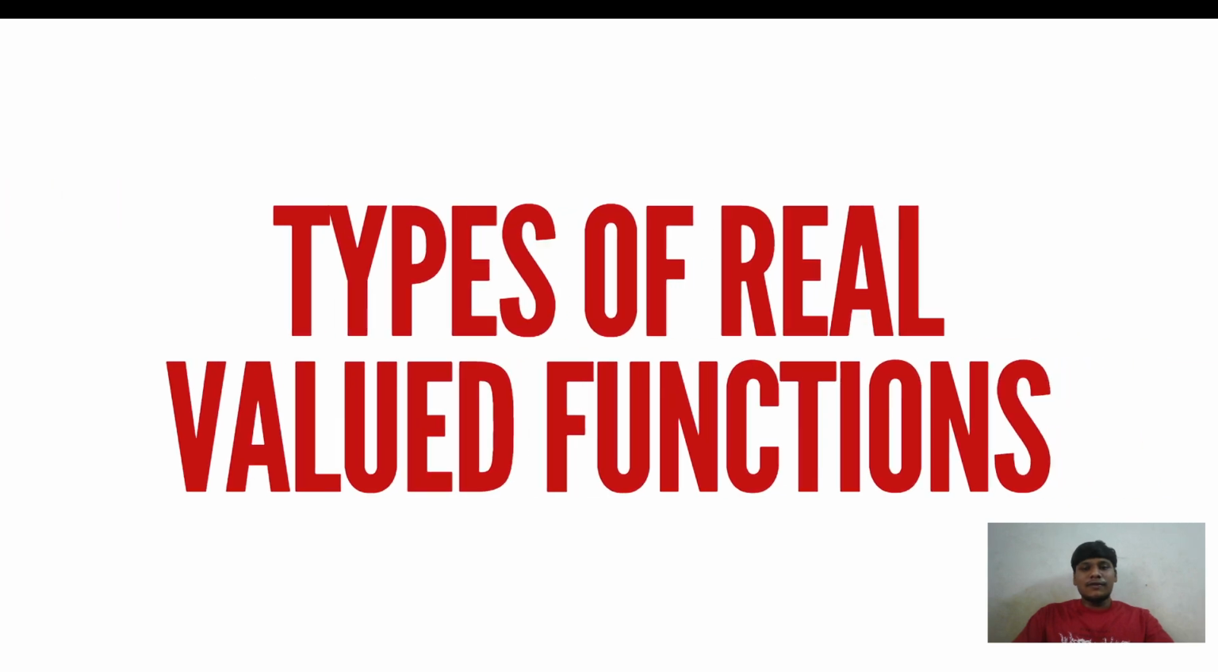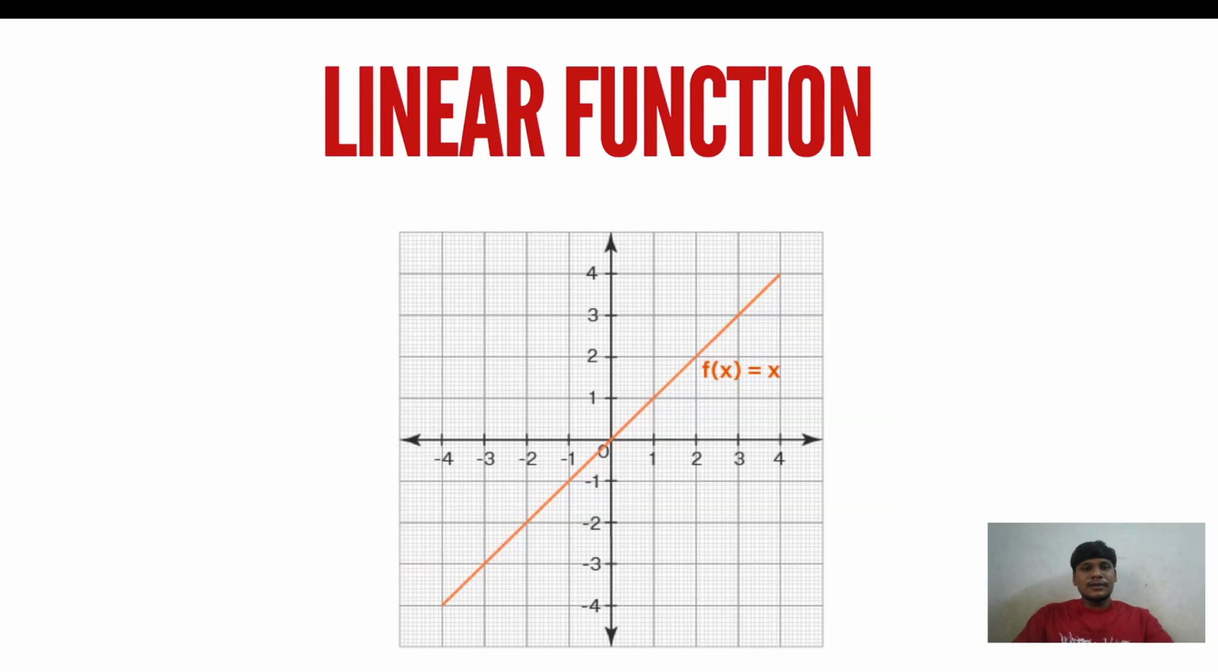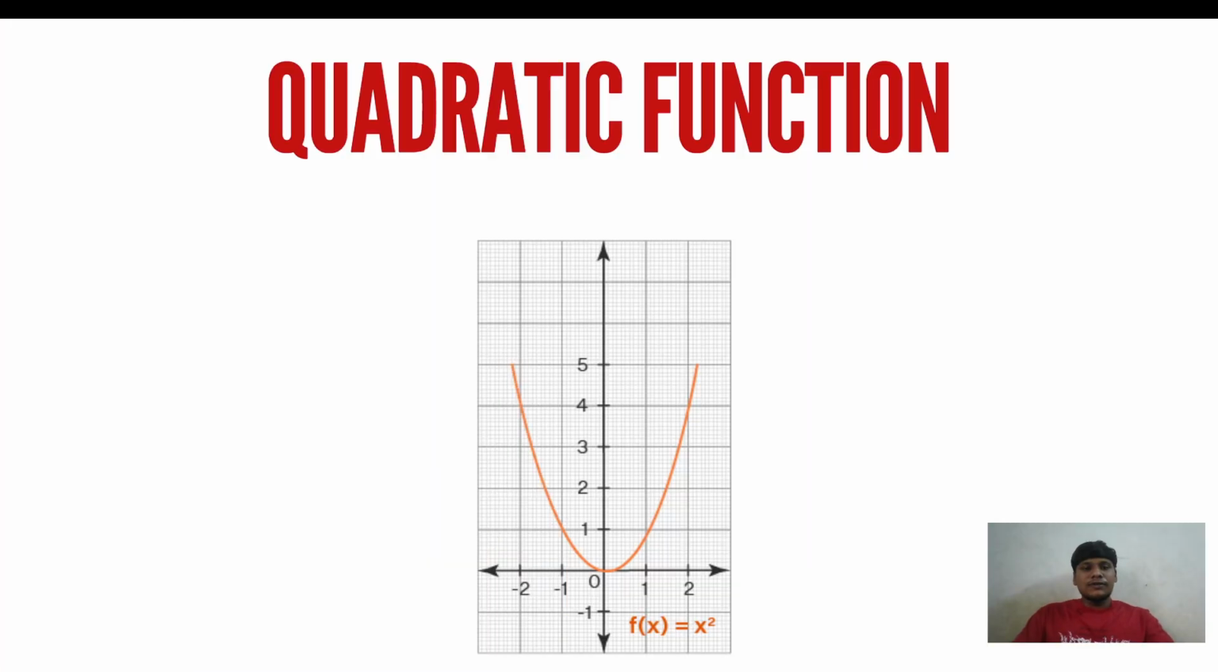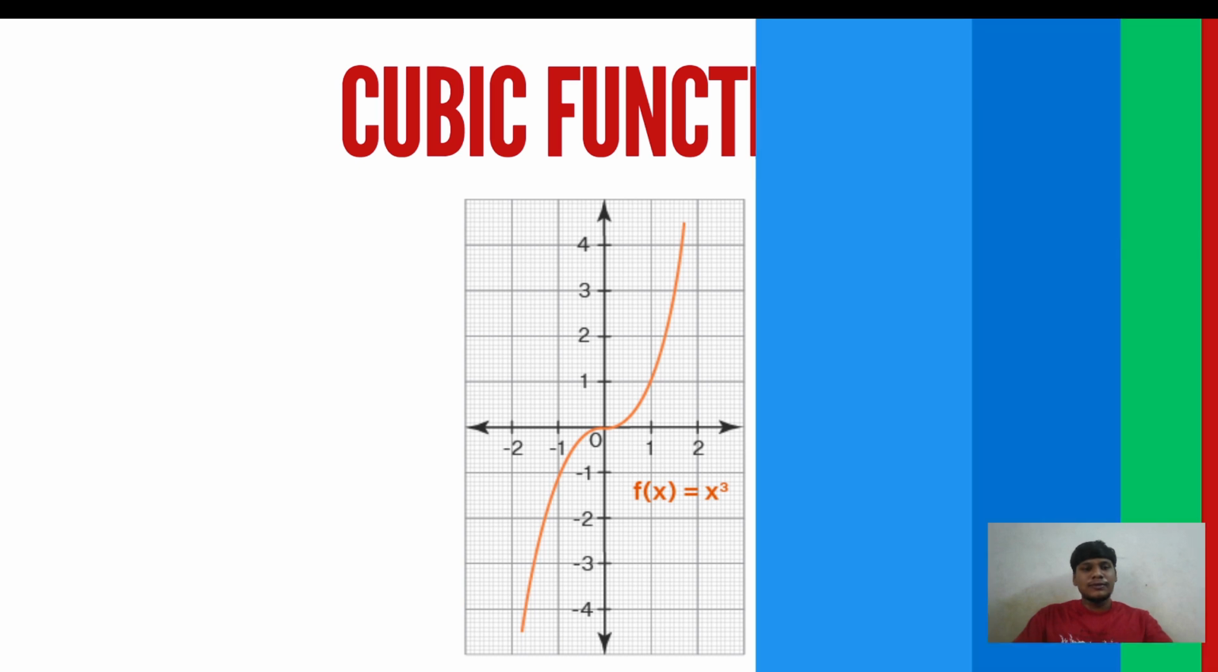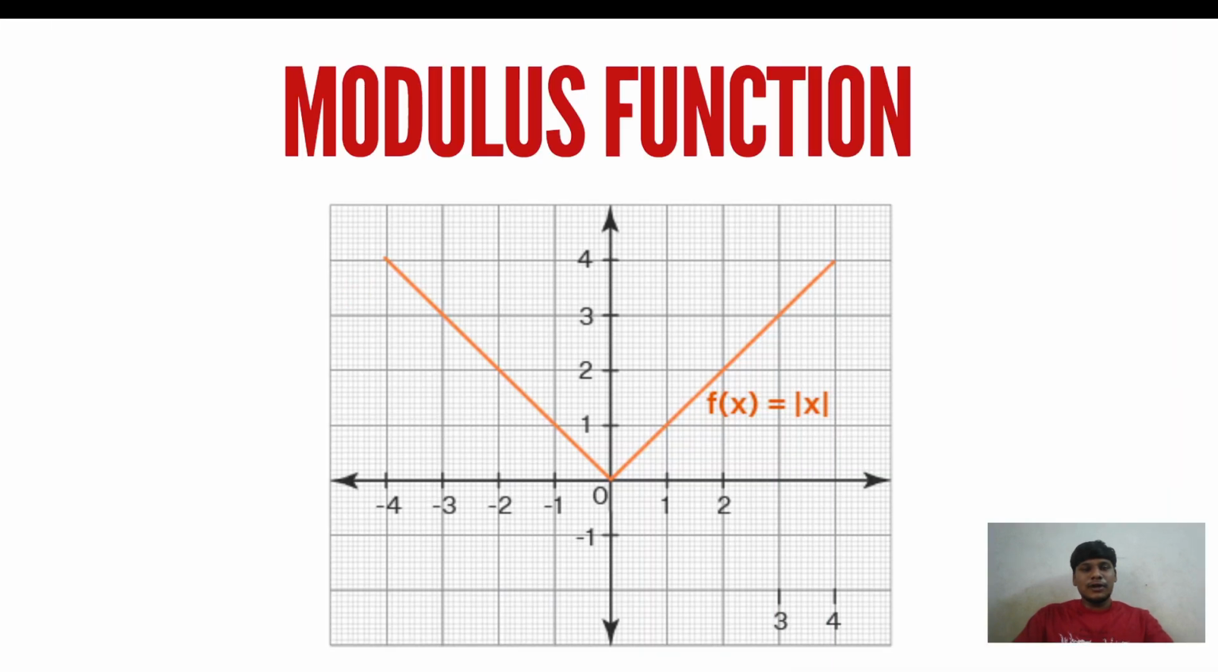Okay, types of real valued functions. We have seen this in the 11th standard itself, so it's just a recall here. A linear function: if f of x is equal to x without any power, it will be a linear function. The square function, x squared, would be a curved graph. A quadratic function would also be a curved graph. This is the graph of a cubic function, x cubed, and this is the graph of the modulus function,